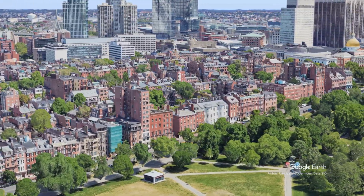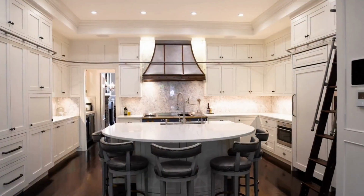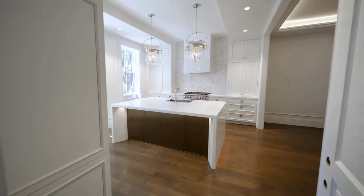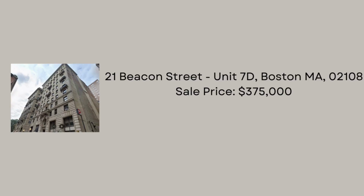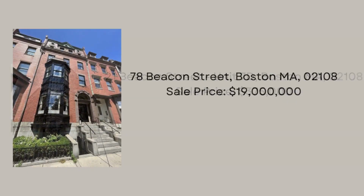Over the past 3 years, 46 homes have traded hands with an average sales price of $18 million for single families and $2.1 million for condos. The least expensive home sold on Beacon Street was 21 Beacon Street Unit 7D, a 300 square foot studio which sold for $375,000. The most expensive home sold was 78 Beacon Street, an 8,300 square foot single family home which